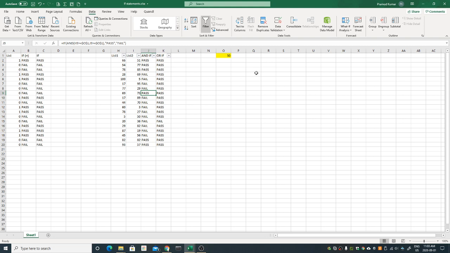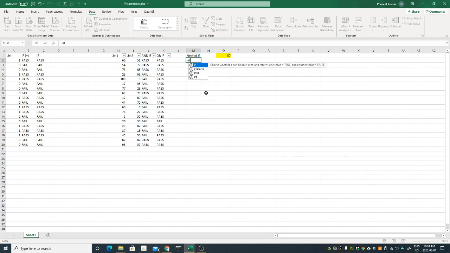Okay, so now let's do the criteria. Let's take one step further, right? Actually, sorry, I'll say nested if. Nested if basically allows you to test that. If I want to do the same thing with the AND, with the nested if, how should I do that, right? So for example, let's say I have this if,